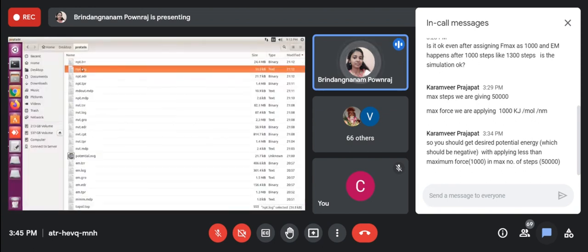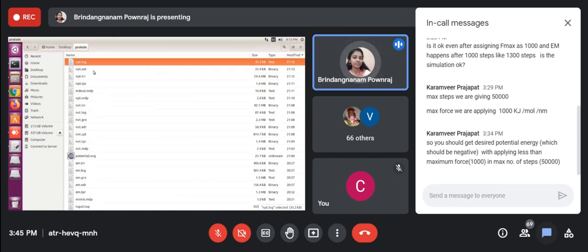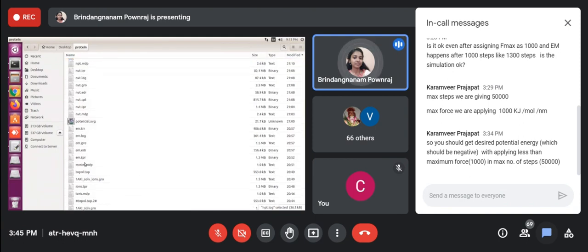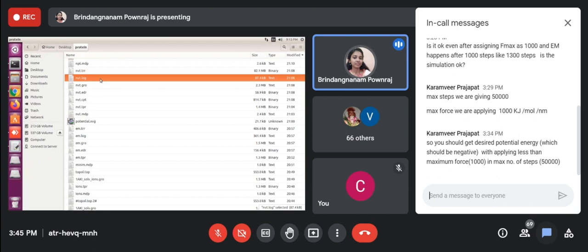So I'm telling again, in the log file we can track how much time it will take, how many steps so far have completed. In all log files we can track. Here also we already completed NVT, no? So here also a log file is there. So it will show how many steps, and in each step how the energies varied, all we can see here.